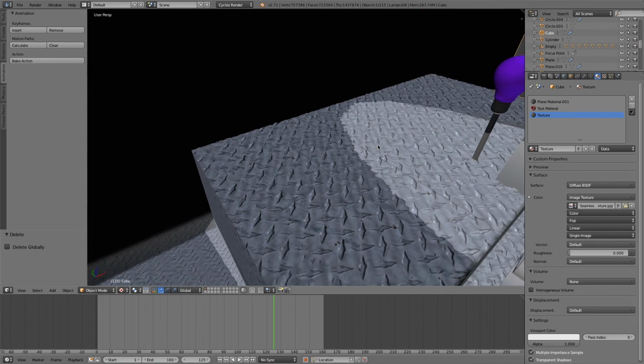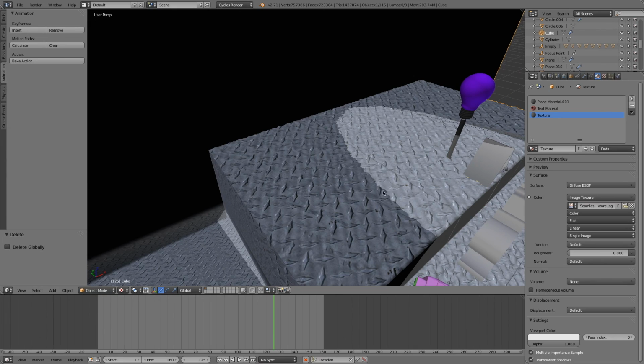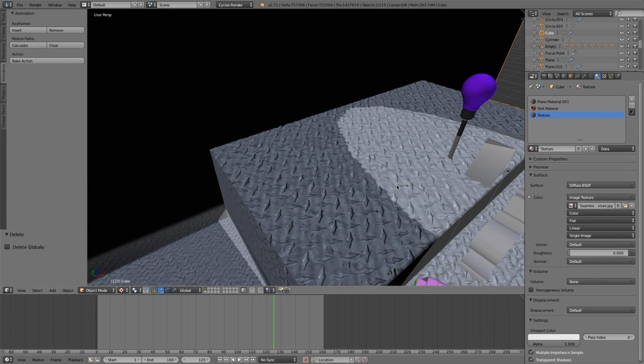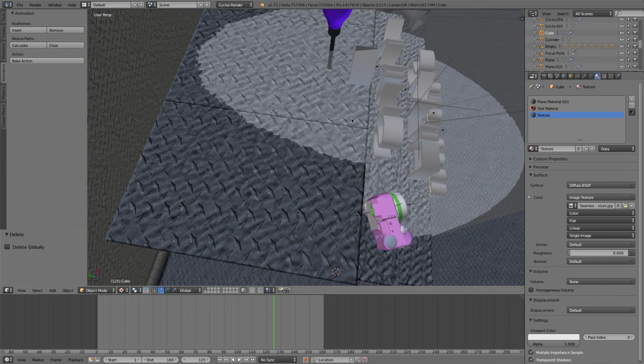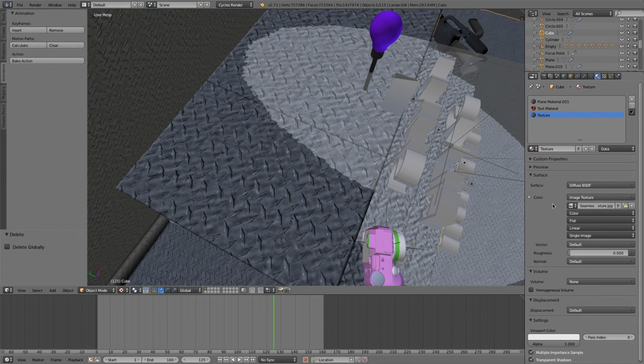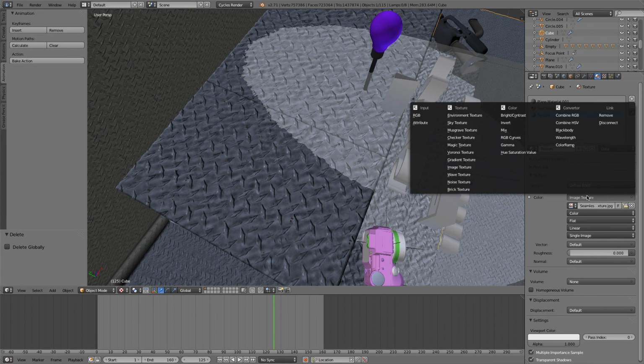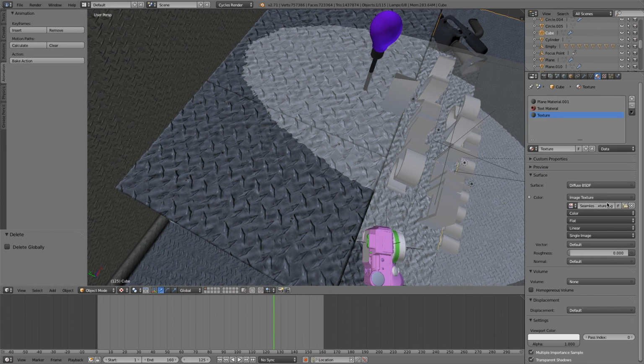I searched up, try and make sure you get a seamless one, because then it won't have these lines like so. But nevertheless, what I did was I got this texture, and to apply a texture, you just go into your materials, and instead of having the surface, you can have the surface diffuse, so change your materials surface to diffuse. If you know how to use Blender, you probably know how to do this, so I'll go through it really quickly. Change the color from an RGB color to an image texture,